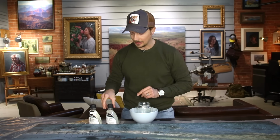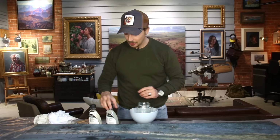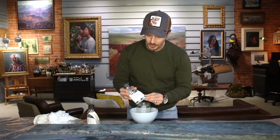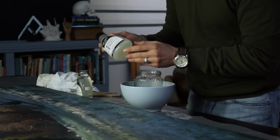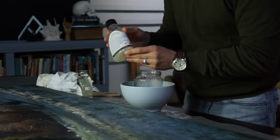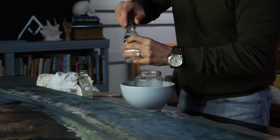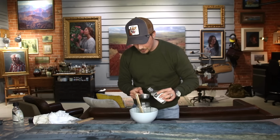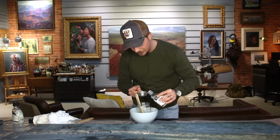Oh, and I'm forgetting, I need some rags. So I've got some clean rags here as well, just in case. Now, the first thing I want to do is just agitate this matte varnish just slightly. It has microcrystalline wax in there, along with some solvents. I don't want to shake it up because I don't want to put any air bubbles in there. So I want this a little bit more matte, so I'm going to add some more matte to that gloss varnish,